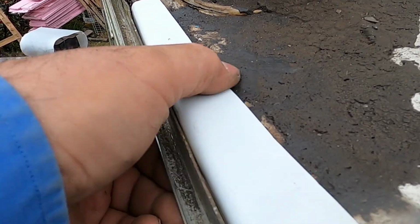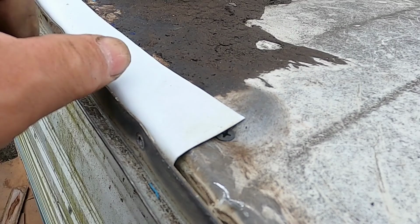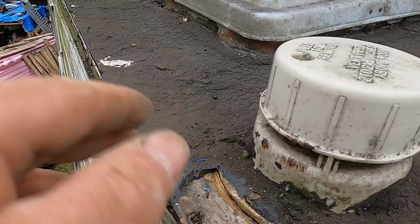And I'm going to screw this in. I'm going to screw this down, just a couple of screws. And I'll screw it in from the side. And this will give it a drip edge, so the water will come over, won't be going in. Now,